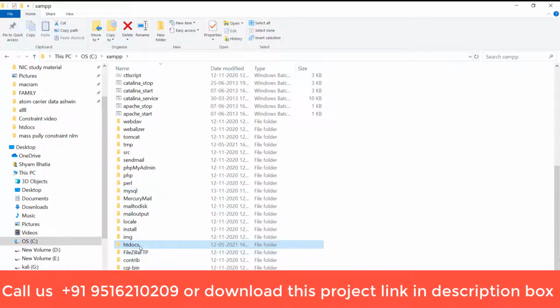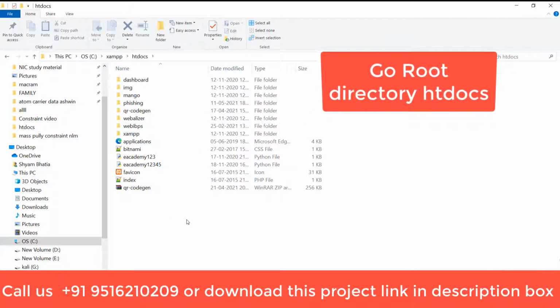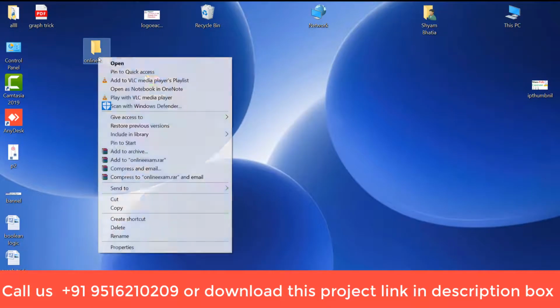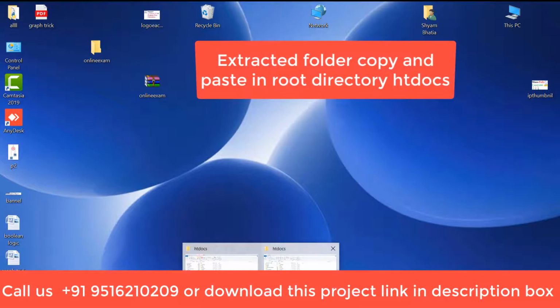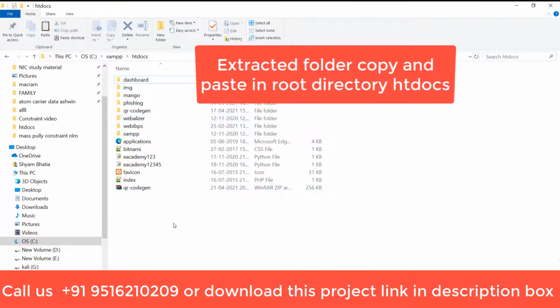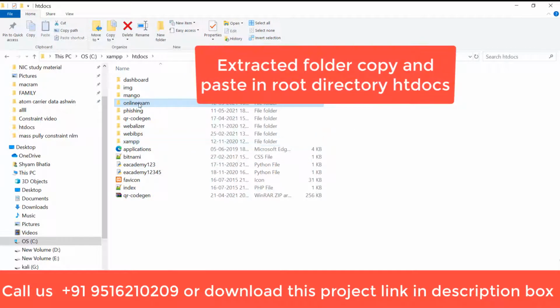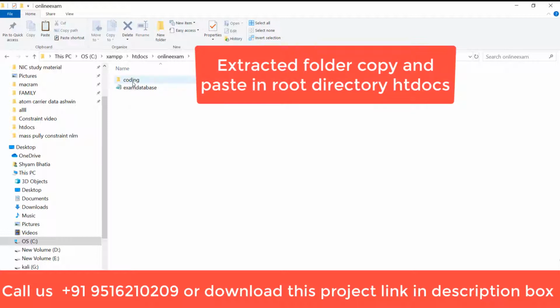In this folder you have to paste what we extracted. Just copy it and paste it here. If you open it, you will find two files.